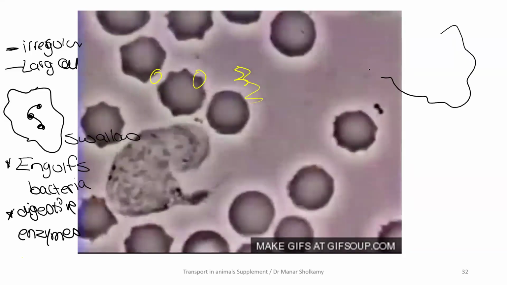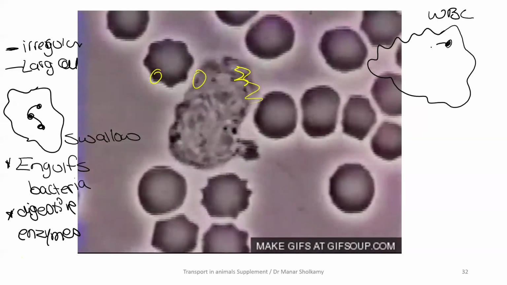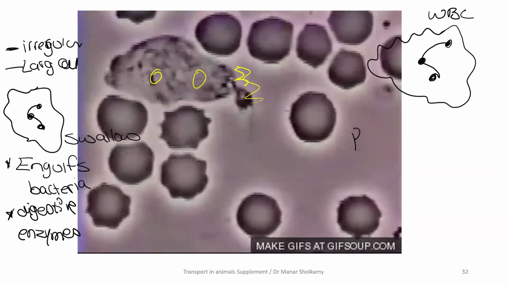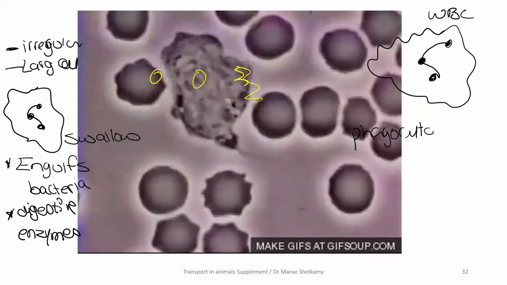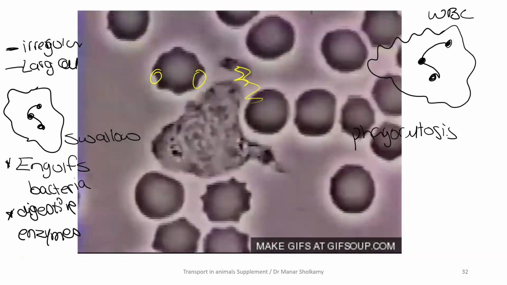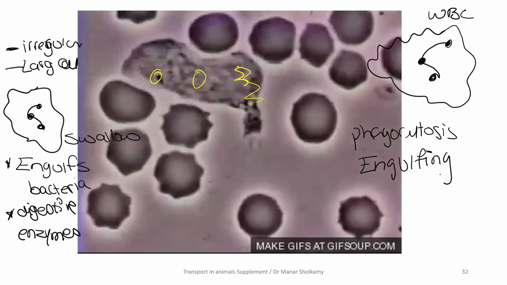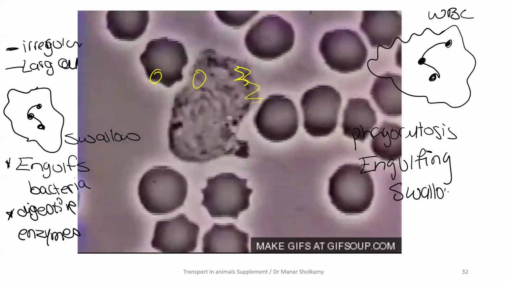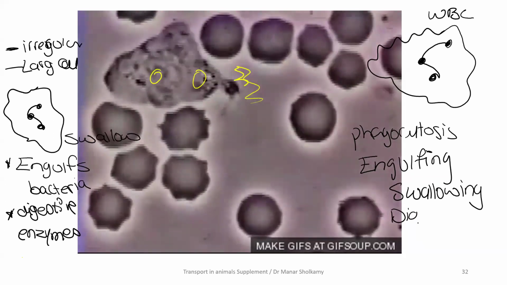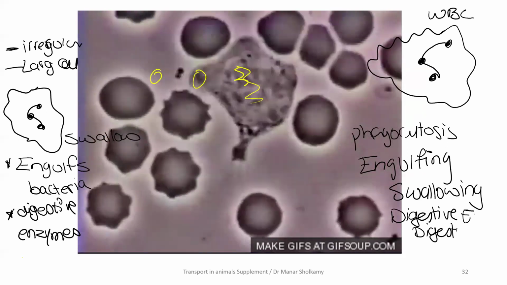So these are the keywords that you write when you are asked to talk about the phagocytes. Phagocytes, these are large, irregular cells. Large, irregular, white blood cells, to be specific. They have a lobed nucleus. The nucleus is lobed. What do they do? They do a process called phagocytosis. Phagocytosis is what you're seeing on the screen. It is running after the foreign body and engulfing this foreign body. Engulfing means swallowing. It will swallow. And after it will engulf it or swallow it, it will release digestive enzymes that will digest the bacteria or the foreign body.